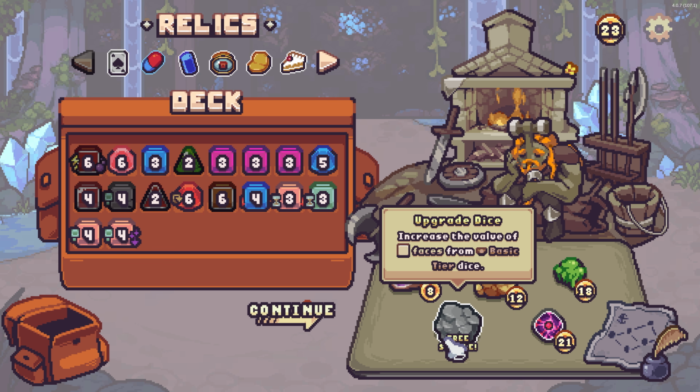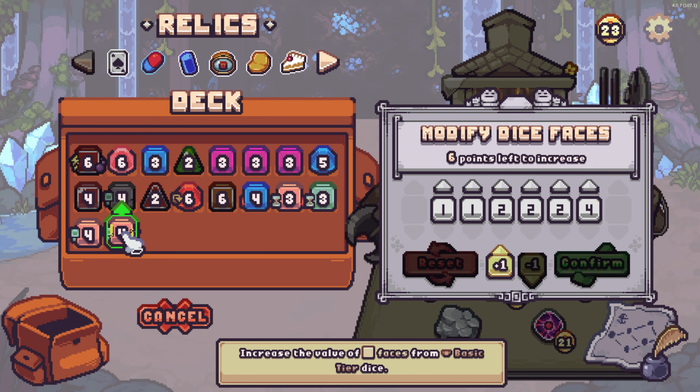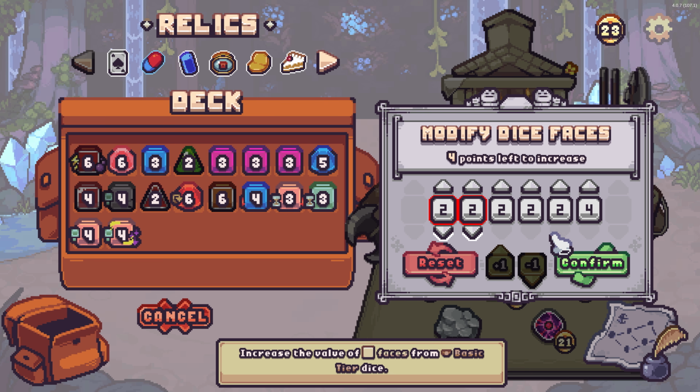Alright, so upgrade dice. So basic tier, free sample. Let's upgrade our drippy terrain die. We want to have even faces to combo with our relic up there that does even stuff. And let's push up the...